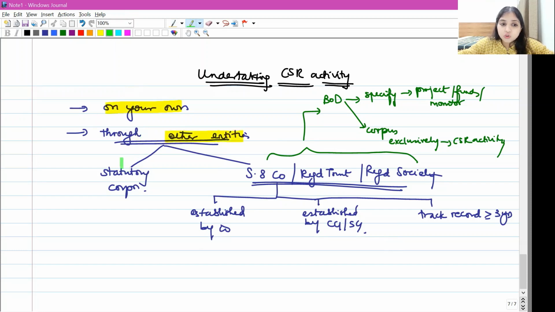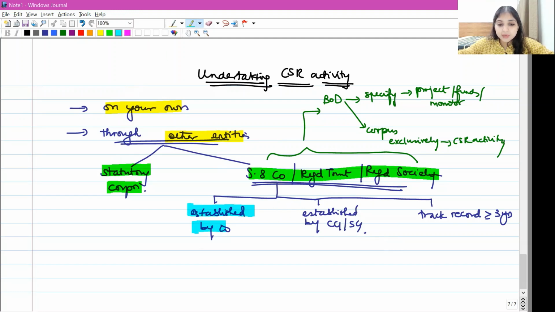Other entities, two choices, either through a statutory corporation or through a Section 8 company, registered trust, or a registered society. This Section 8 company, registered trust, registered society may either be established by the company, or may be established by the government, or may be an entity which has a track record of at least 3 years in doing these similar activities. In case the company is giving the money to these 3 entities, then the company has two